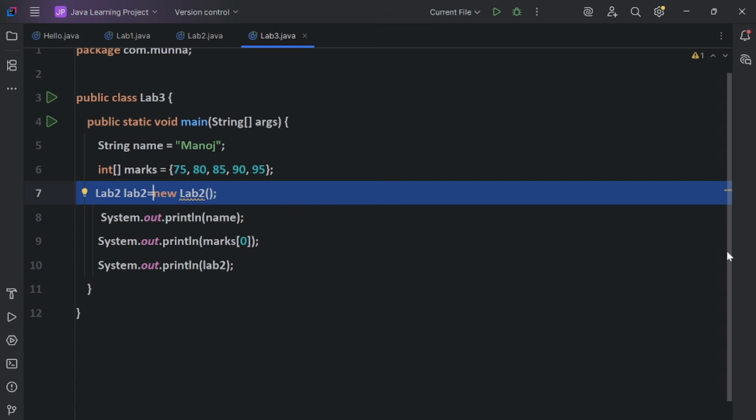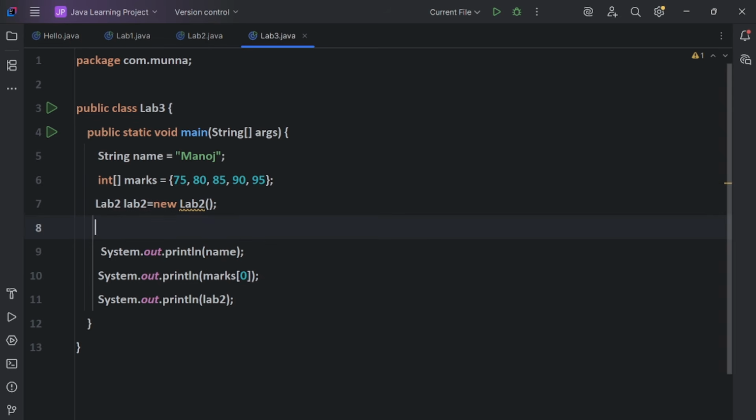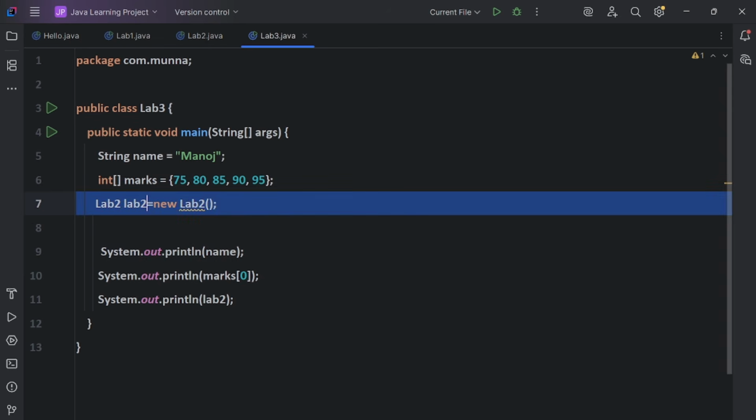So we can create the object of one class in another class. This is the reusability feature of Java classes, guys. So we can reuse that class in this class for any use. This is the advantage of Java classes, guys. So I am creating the object. This is the reference type, like class type or reference data type, guys.